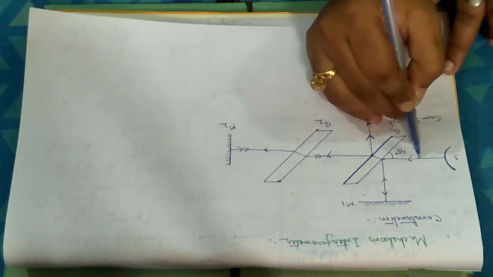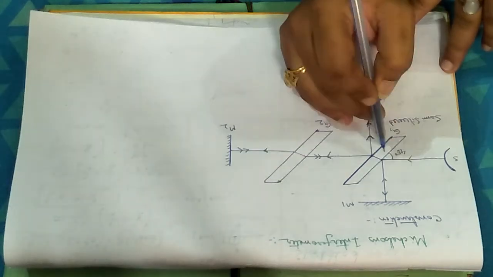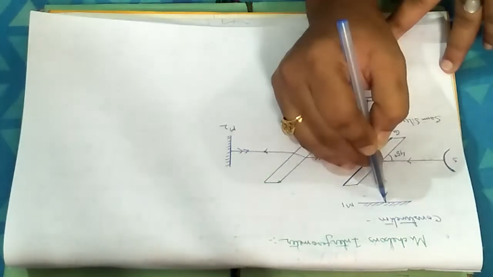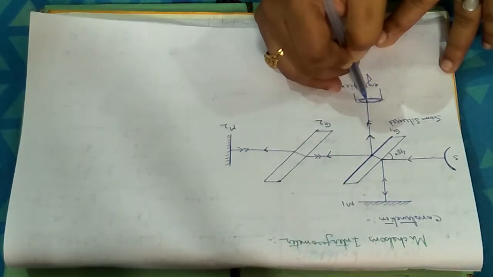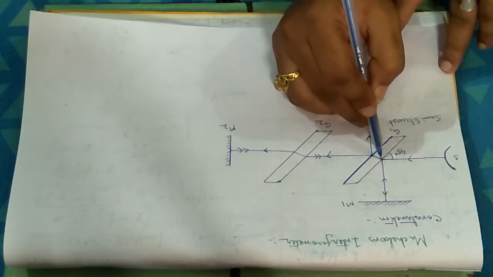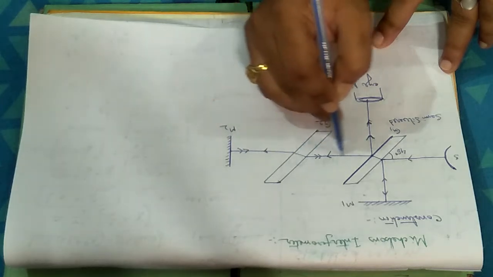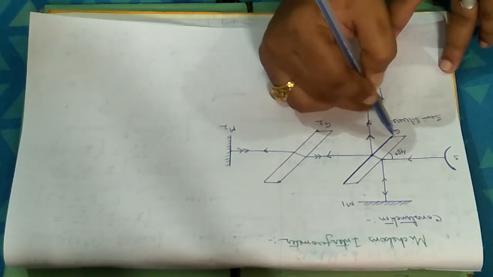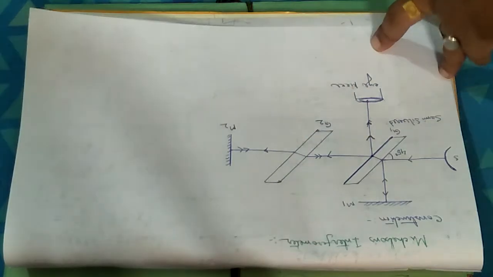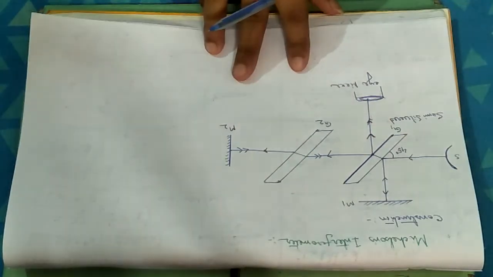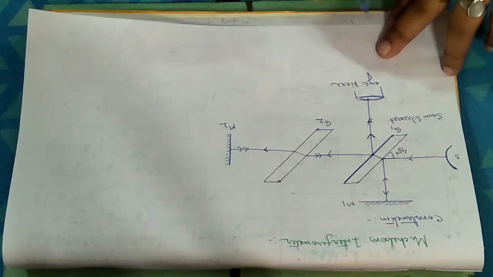First, one parallel beam of light is coming in this direction. It is suffering partial reflection, partial transmission. The reflected ray is going upwards, suffering reflection from the mirror, coming downwards and going towards the eyepiece. And the ray which was transmitted is going in this direction, being reflected from mirror M2, coming back, again getting reflected from the glass plate G1 which is semi-silvered, and coming downwards. So in the downward direction towards the eyepiece, I am getting two rays which are interfering with each other. So I should get an interference fringe pattern on the eyepiece.